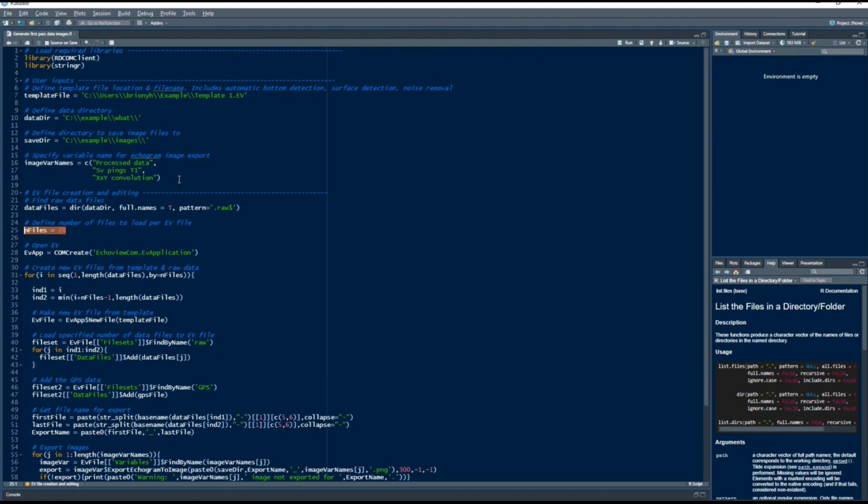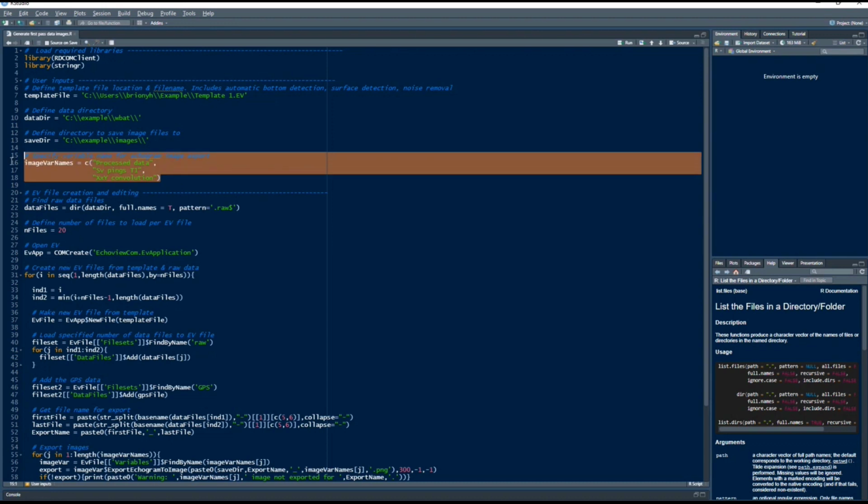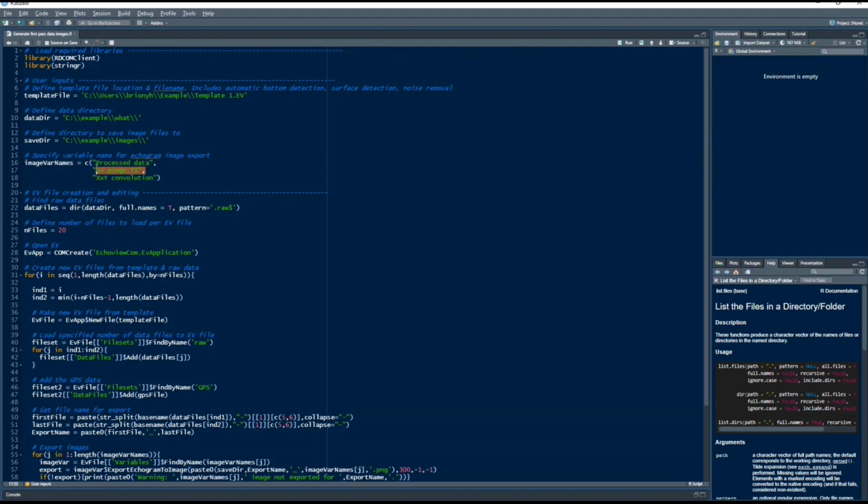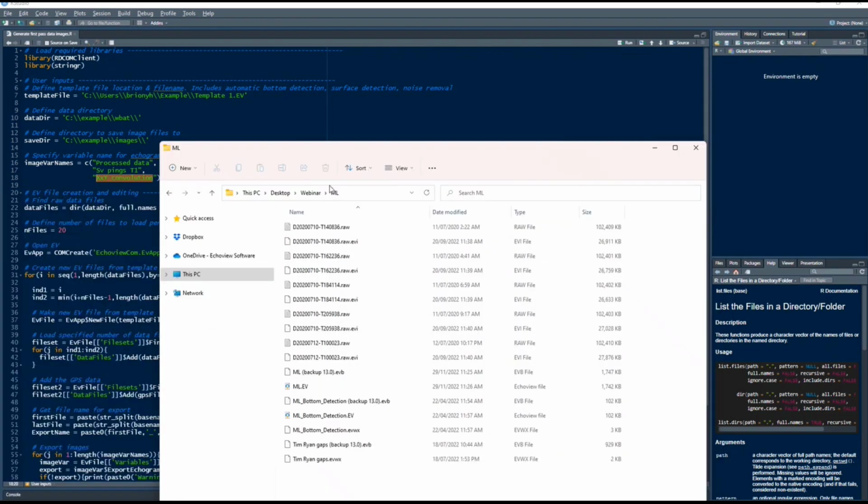And then once those 20 files have been added, let's export 3 images. In this case, I set it up to do process data. So that's the results of my exclusion lines. Also, I've applied noise removal in my template ahead of doing that. I've got the raw data, and I've also got a convolution of the data, which I find makes it easy to look for problems such as accidental bottom inclusion in the water column and so on. So this script will go through all your thousands of data files, 20 at a time, create 3 images, name them automatically, and then that can just go and run overnight or while you're doing other work, and you can come back the next day and come to your folder full of images.